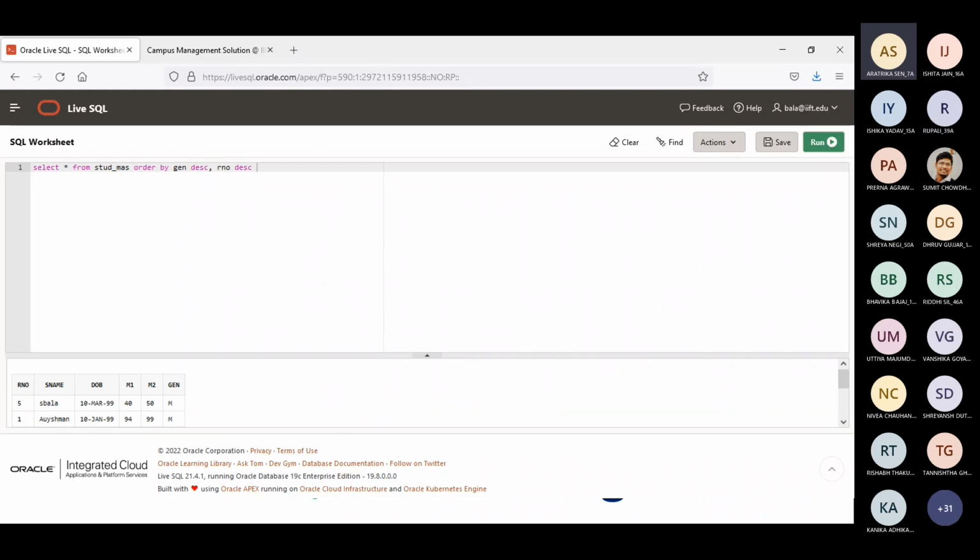Now, one final thing. Suppose if you want to combine two attributes together,